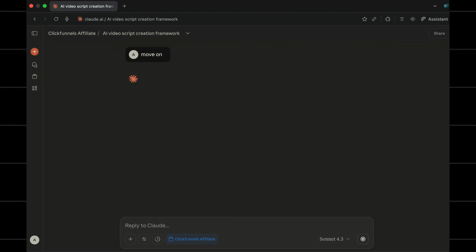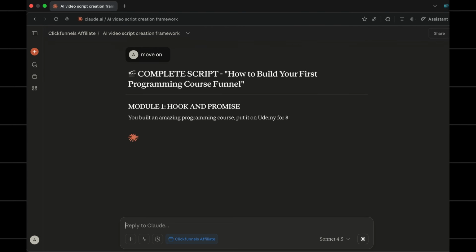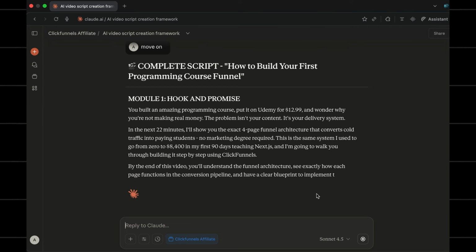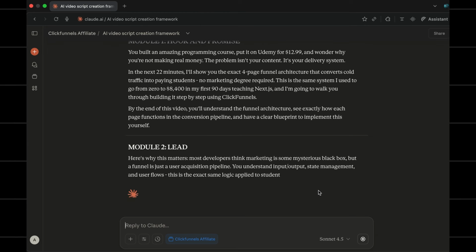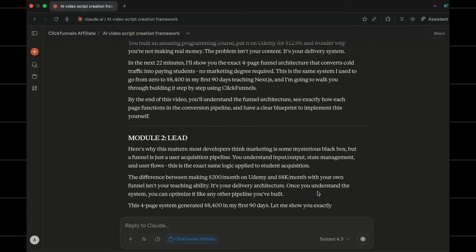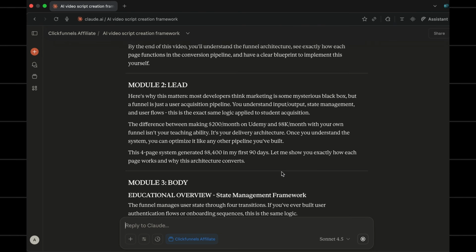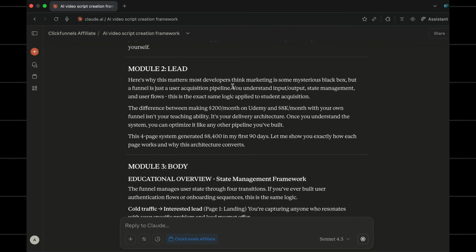This prompt is designed to work in modules, not as a one-shot. A lot of people try to have AI generate the entire script in one go, and it never works. If you want AI to actually help and not waste your time, you need to make it work bit by bit so you can make corrections as you go. This is way less overwhelming, and you can actually review everything instead of just skimming over it.